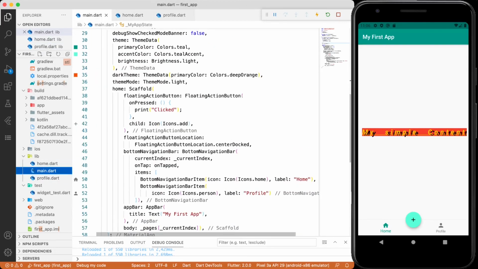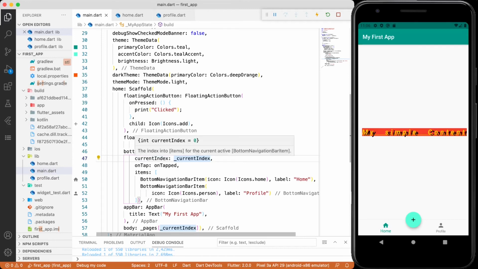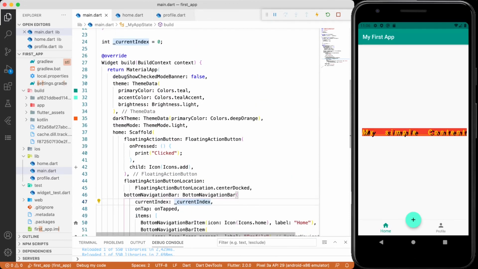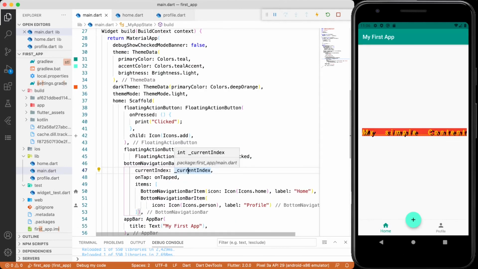Let me summarize it actually. In the current index we added one variable, which needs to be maintained in the state. This is used for selecting the current index of what we have in the navigation bar items. If we select home, that means the first page, the home will be highlighted. If we go for the second profile page, then the profile page will be highlighted.